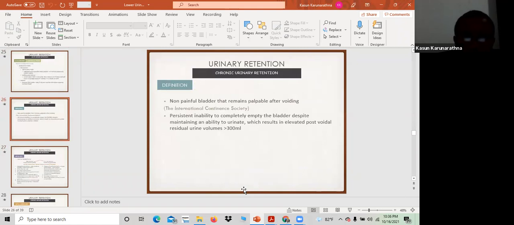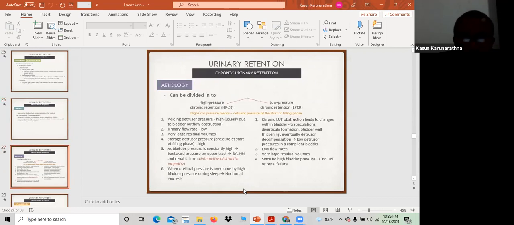This is chronic retention: a painless bladder that remains palpable even after voiding, right? This high pressure and low pressure thing: in high pressure, the voiding detrusor pressure is high, right? Urine flow rate is low, a very large residual volume is there, and the storage pressure is high, right? As bladder pressure is constantly high, there will be backward pressure on the upper tract and there will be bilateral hydronephrosis and renal failure. Low pressure retention,